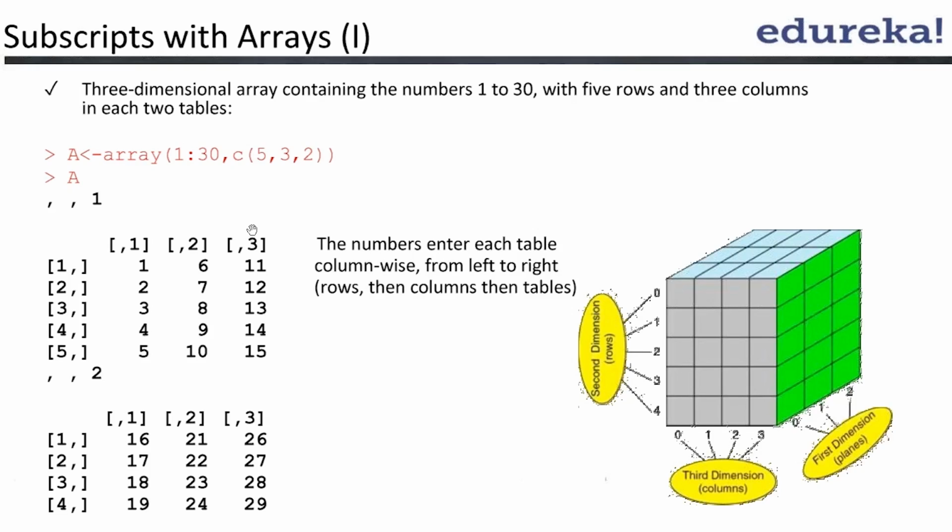Here I'm taking 1:30, that means all the values from 1 to 30, and I'm arranging them in this particular dimension: 5 rows, 3 columns, and then 2 in the z dimension. So this is dimension 1, x dimension, y dimension, and the z dimension. That's how I'm arranging it. In this particular class, we don't really deal with multi-dimensional arrays, but